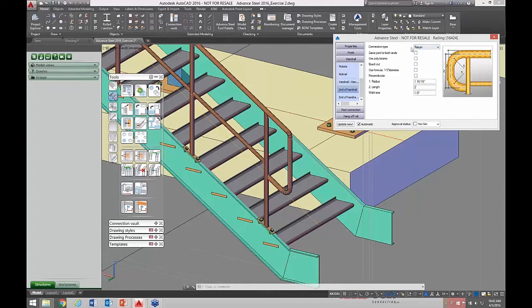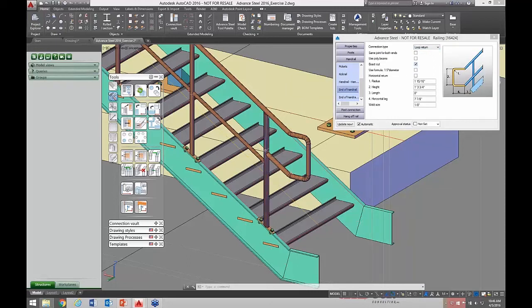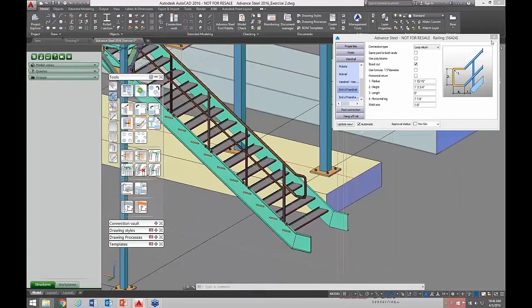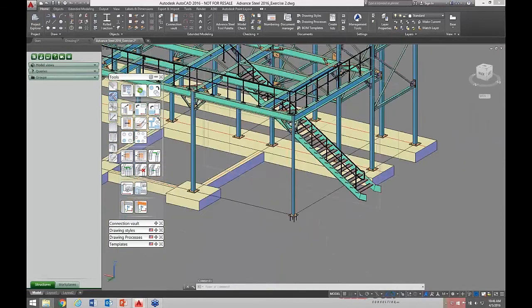And I have the capacity to extend this out in a horizontal return, change the height of how it returns to the post itself, radius values, cut values, anything we need to accurately define the makeup of that. So, a quickly placed rail